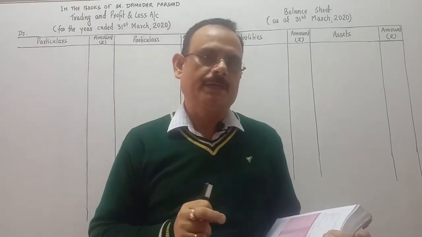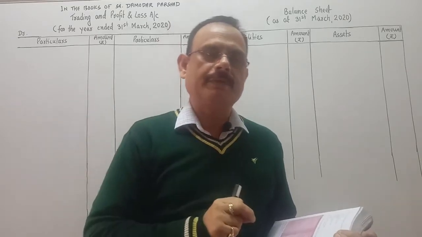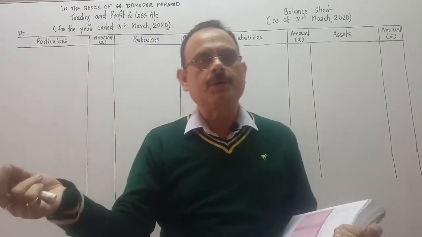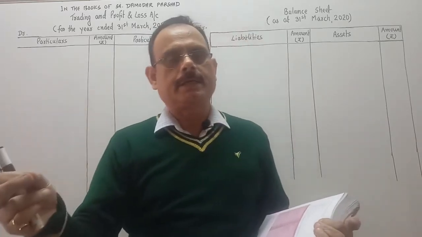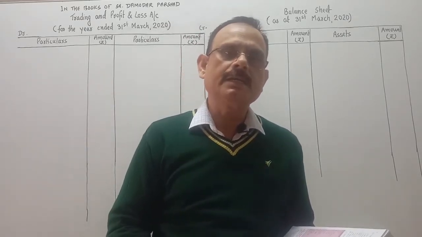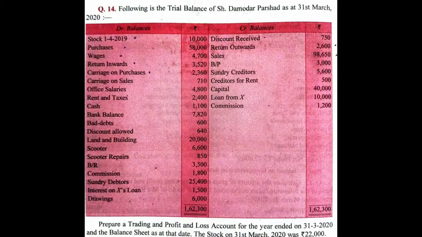Then that closing stock is an adjustment. So this will be adjusted in two places while preparing the financial statement. One in the credit side of the trading account by closing stock, and another we will reflect this closing stock in the balance sheet asset side. Closing stock is a current asset. Now the question is,